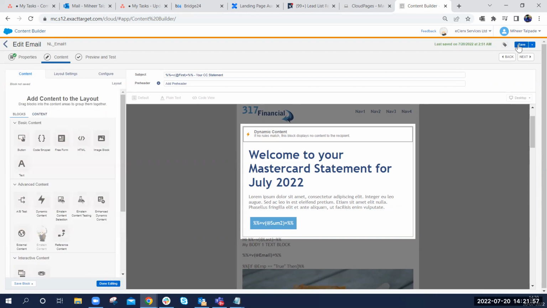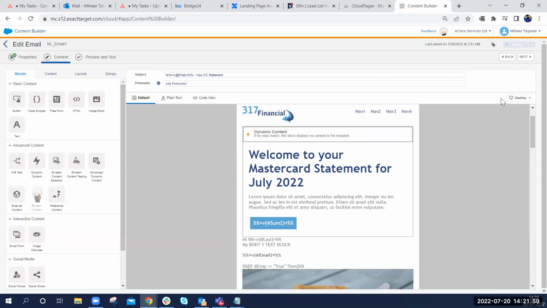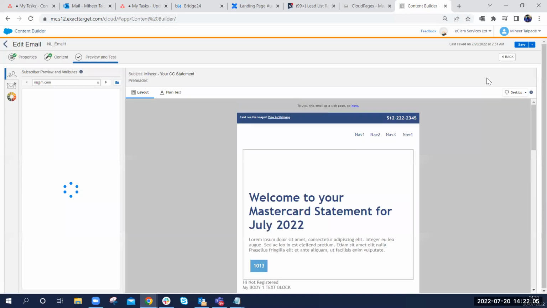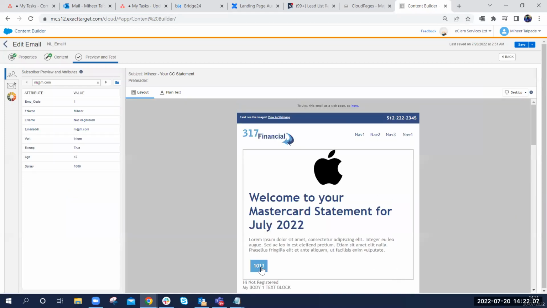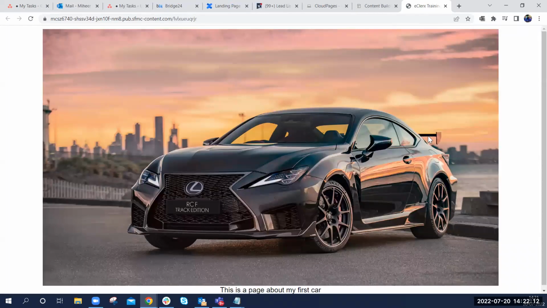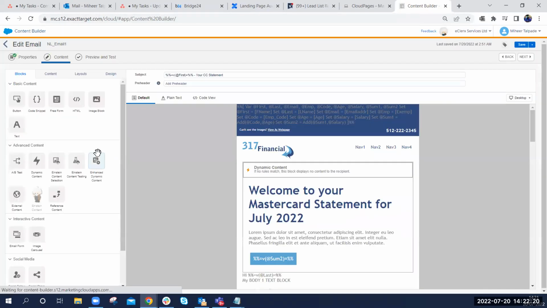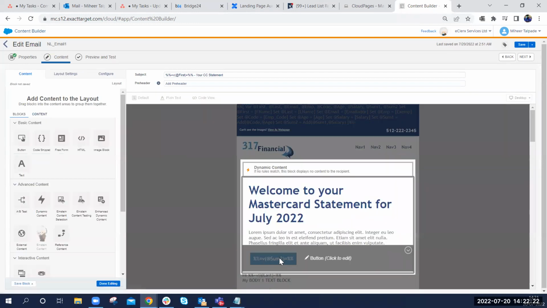So if I save this and I run it, if I click on this, it's going to open the cloud page. So that's one way of doing it. The second way, as I mentioned, now